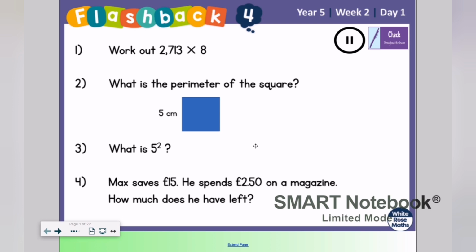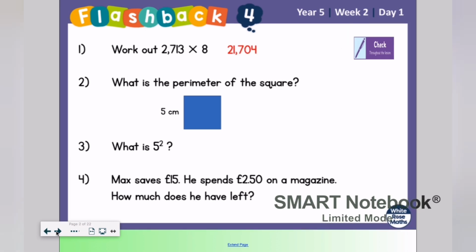Okay, welcome back. How'd you get on? Let's go through the answers. So the answer to 2,713 times by 8 is 21,704. Well done if you got that answer correct. Okay, question 2. Perimeter, you're right, means the distance around the outside of a shape, or of an area,